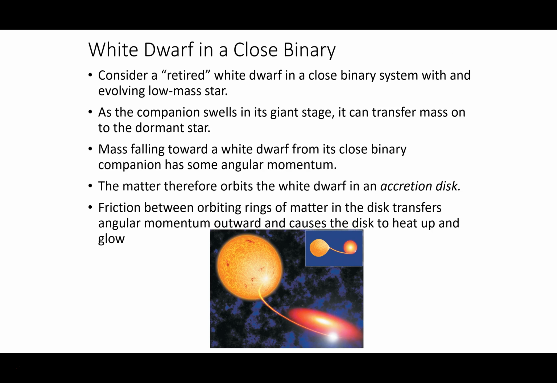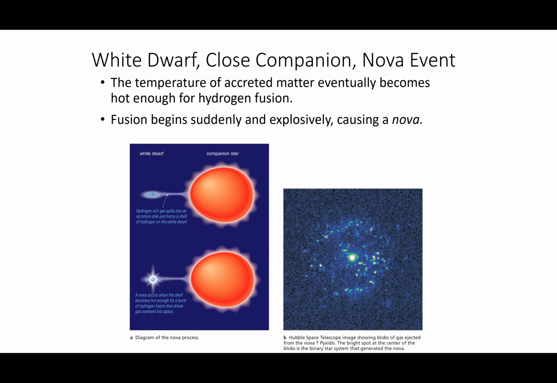Then we talked briefly about stars with companions, and depending upon where the companions are, they can have different things going on. So this is a retired WD, for white dwarf, and this is a star that is bloated, like our sun is going to be, and if they're close enough, the material can transfer from the bloated one onto the retired white dwarf, and so it can create the conditions for a nova